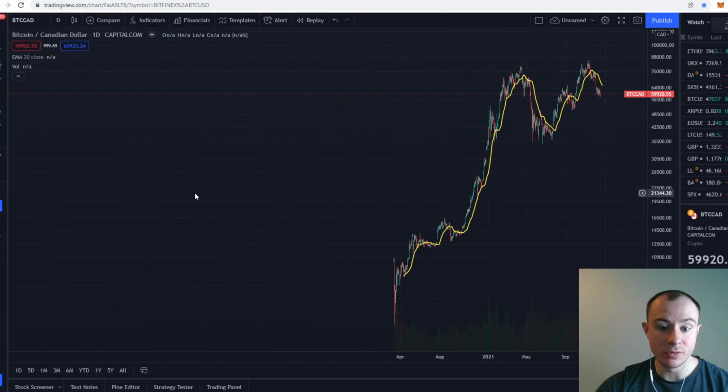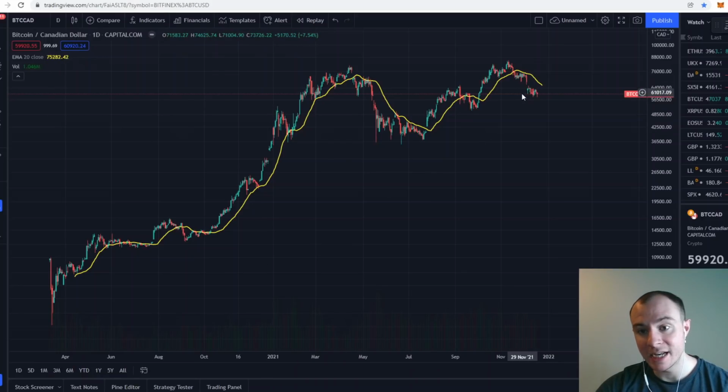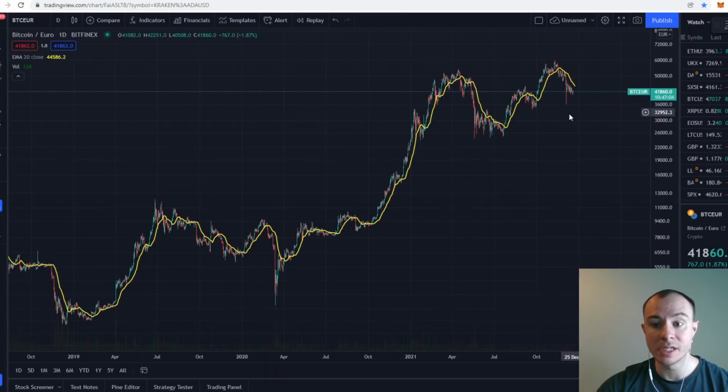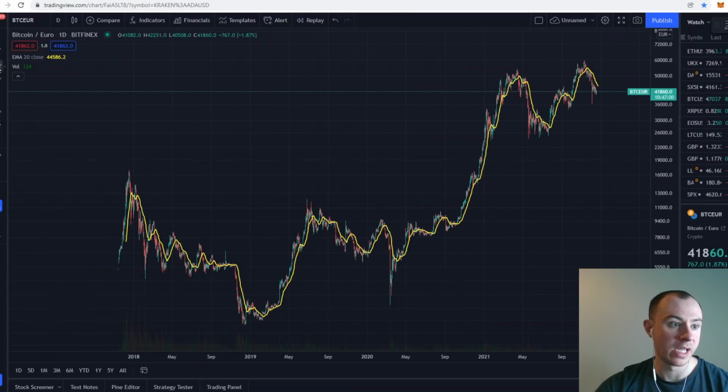So I'm in the UK, which is why I don't mind holding. We don't have this for the Canadian dollar, but you can see that with the Canadian dollar, Bitcoin's actually holding up even better than it is on the Great British Pound and the Euro. The Euro is a lot more similar to the US dollar, and we'll do the same thing here.